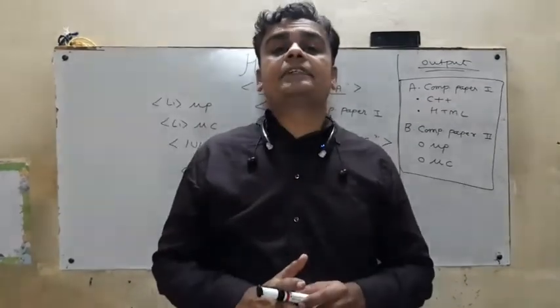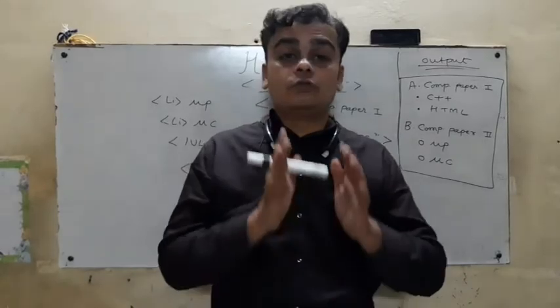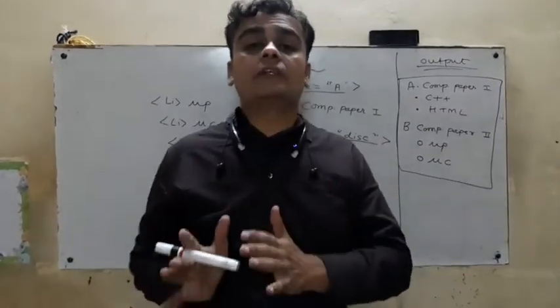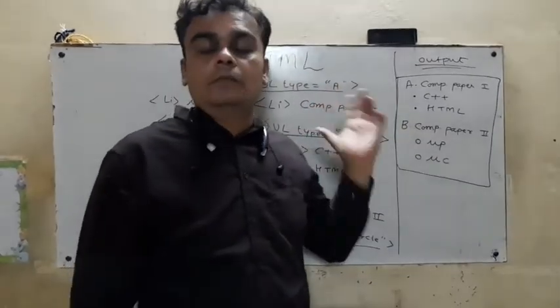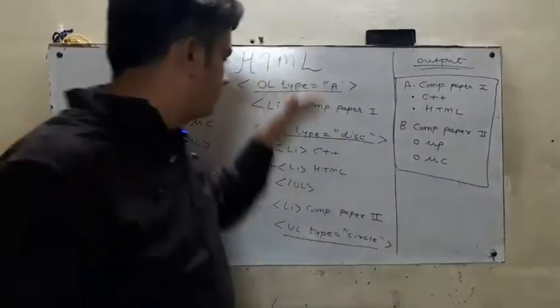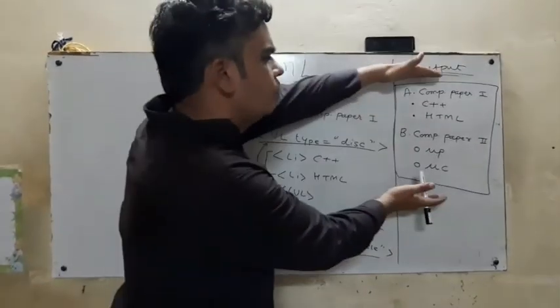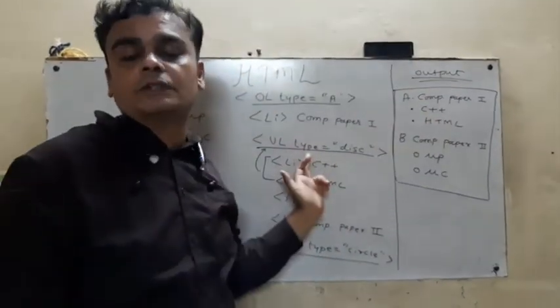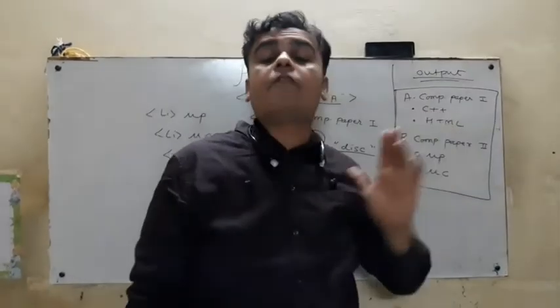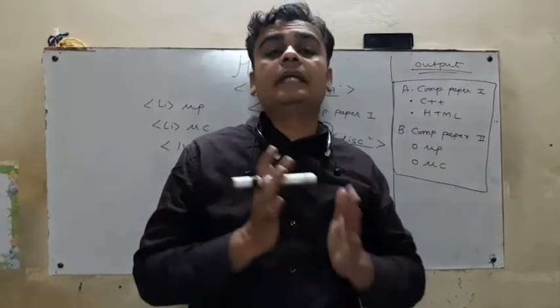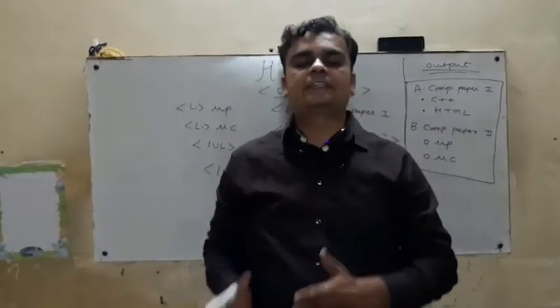In the next session, what are we going to discuss? We are going to discuss the HSC board exam question related with this topic. It means they provide a program like this in your question paper, and what we need to do is draw just the output related with this question, and it carries 5 marks. So how can we draw the output related with that question? That we will discuss in the next session.